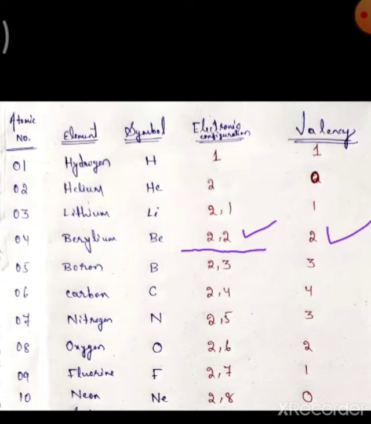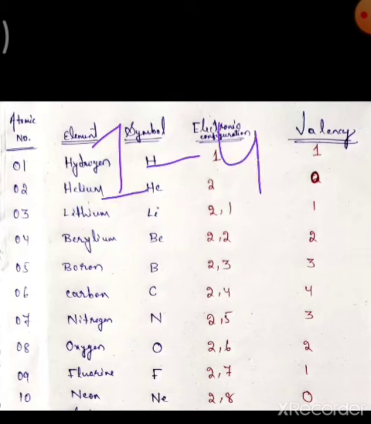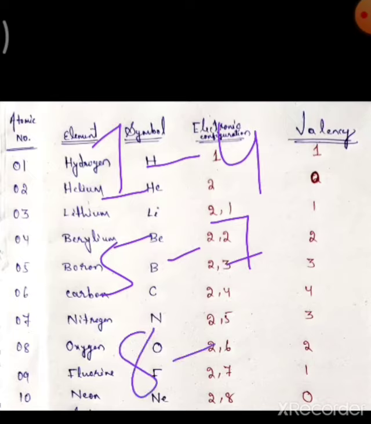I have already explained in the last class that valency is the tendency of an atom to lose, gain or share electrons to achieve a stable octet, or simply you can say valency is the combining capacity of an element. I also told you that if the valence electrons are from 1 to 4, then you write the same number as the valency, and if the valence electrons are 5 to 7, then while calculating the valency you have to subtract that number from 8. After that you get the valency.